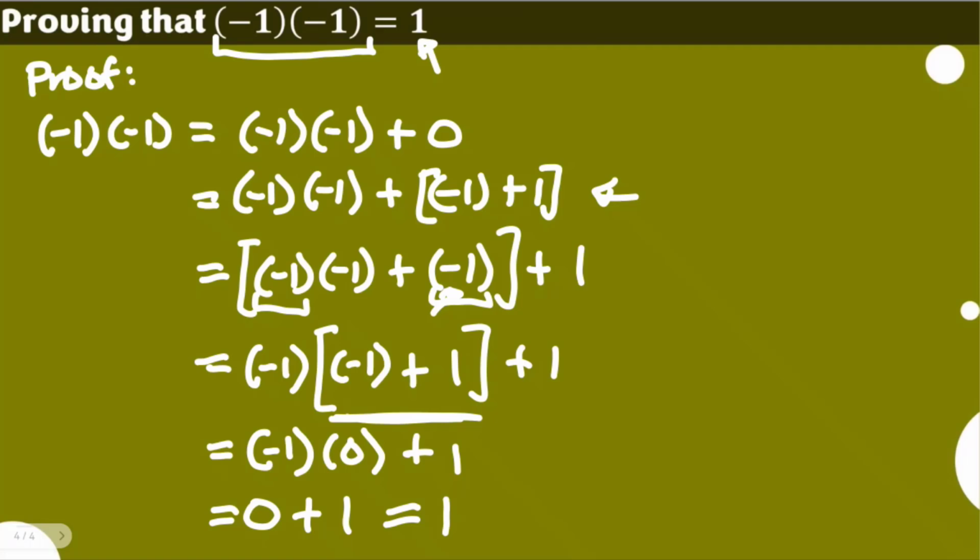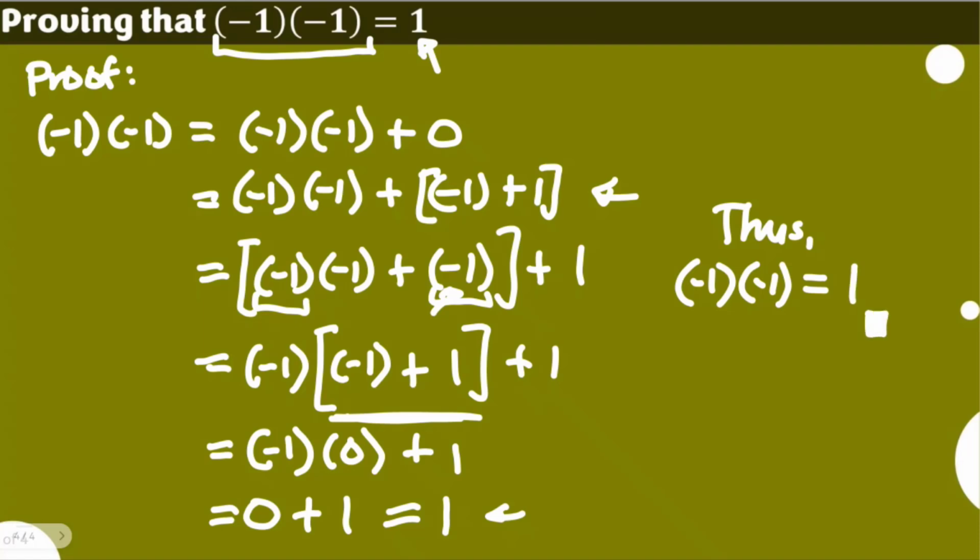Again, I believe the identity is very obvious and we use it all the time, but this is just to structure it further using the algebraic properties of R. Hence, we have arrived at the product of -1 and -1 being equal to our right hand side here, which is 1. And this is the further proof of this identity. Again, please bear with me.